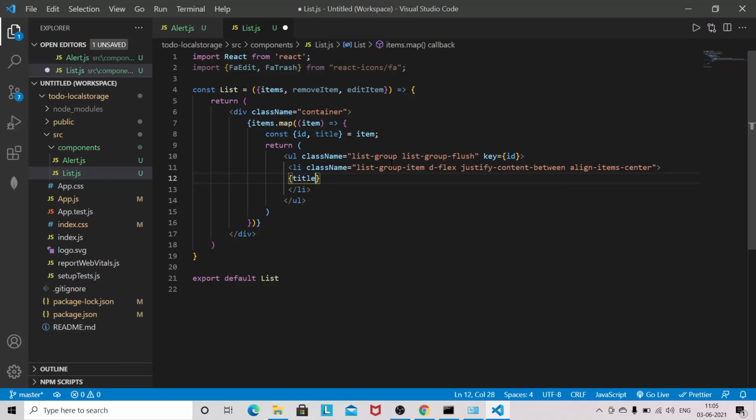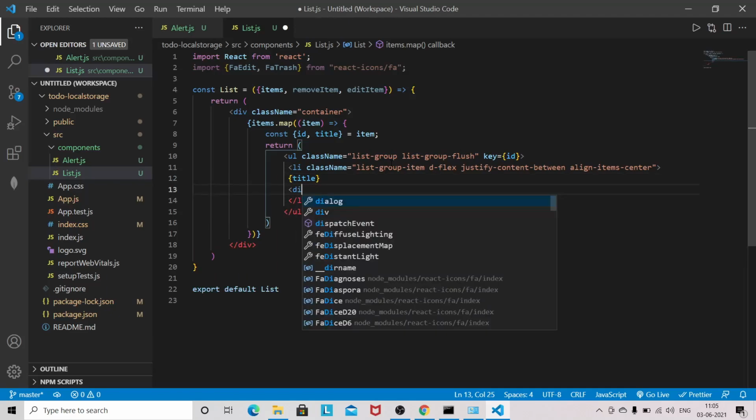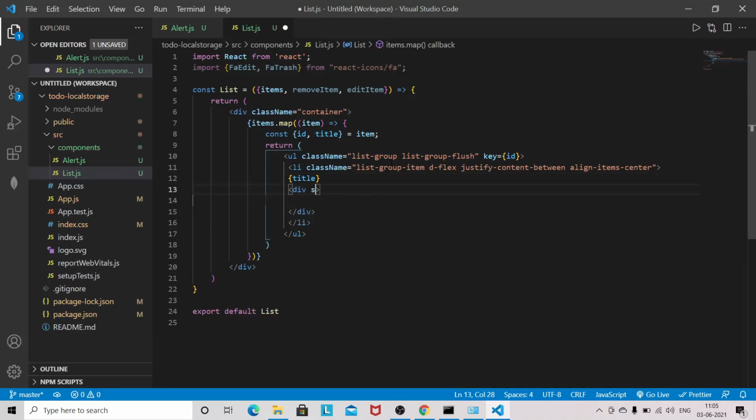and here will be our title. Okay, and we will be having one div, and I will give an inline styling, float right, and I will have a button. So the type will be button, obviously.